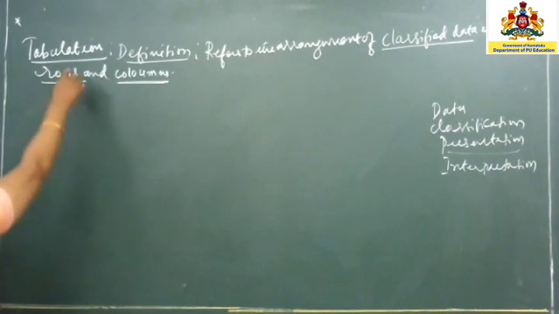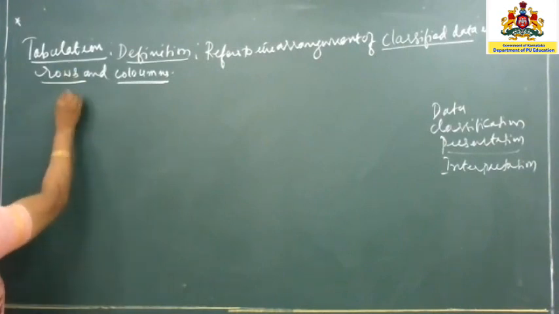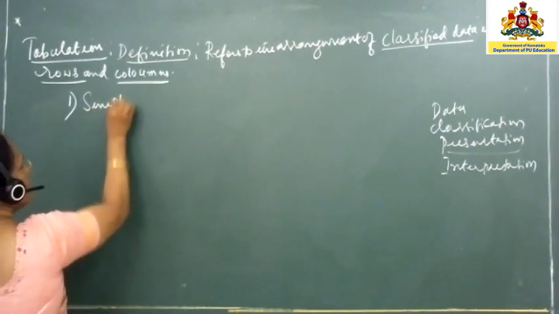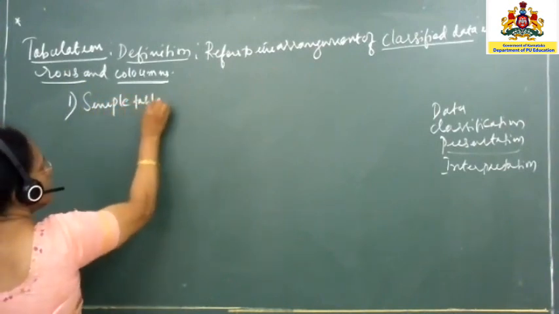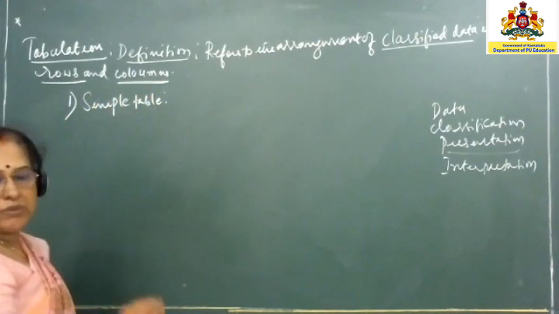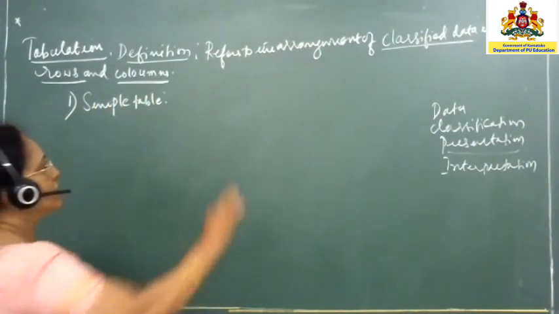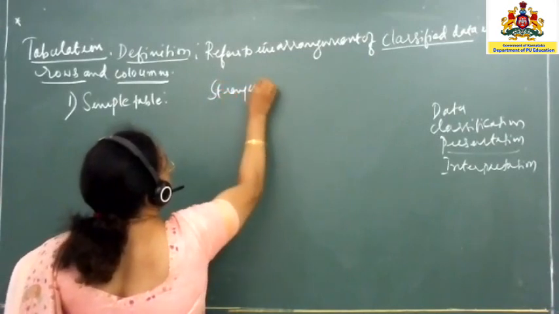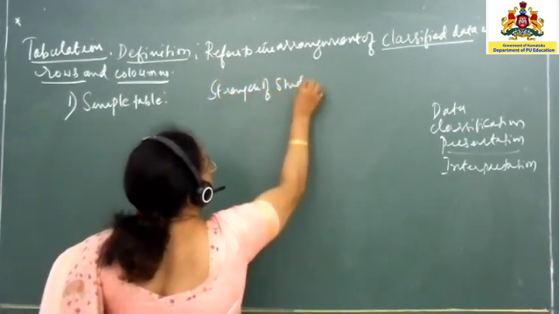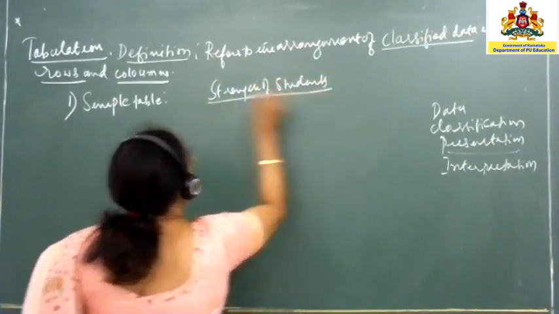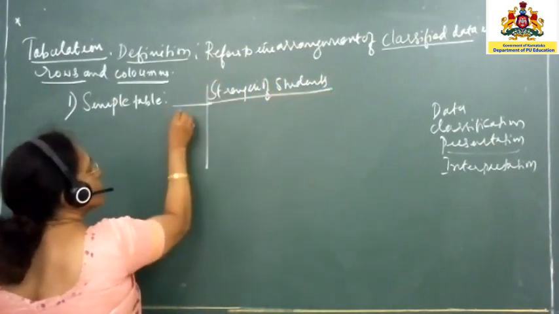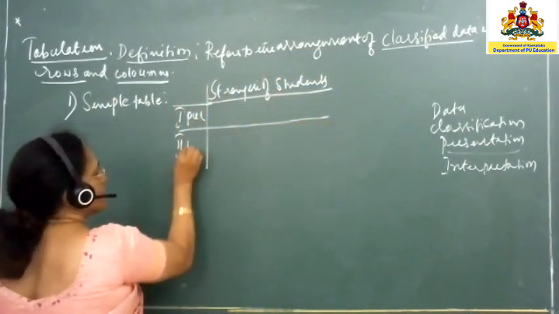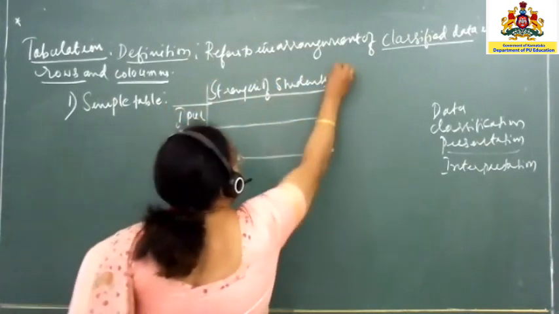In other words, tabulation or the table is classified into three types. The first one is the simple table. In the simple table, you will be representing only one characteristic. For example, strength of students according to the classes they are studying. So you can have first year PUC, and second year PUC. Now this becomes a table.